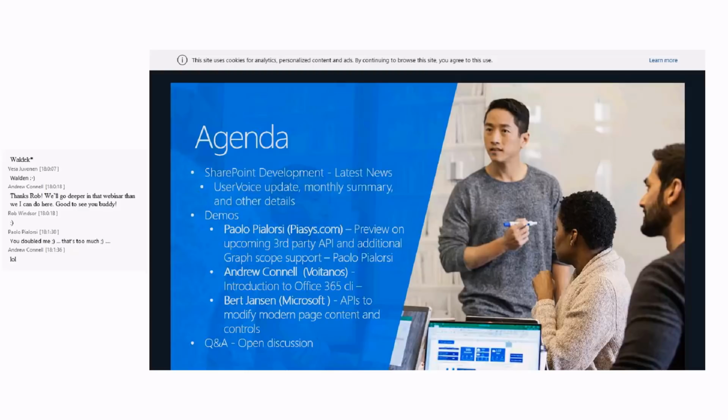The second demo after Paulo will be AC from Voitanos doing a quick introduction on the Office 365 CLI. Like mentioned in the messenger window, there is a separate conference and separate webcast from Waldek and AC on that topic slightly later in the community, and you can find all of that information from social media. The last one is Bert Jansen having another look at the APIs to modify modern pages